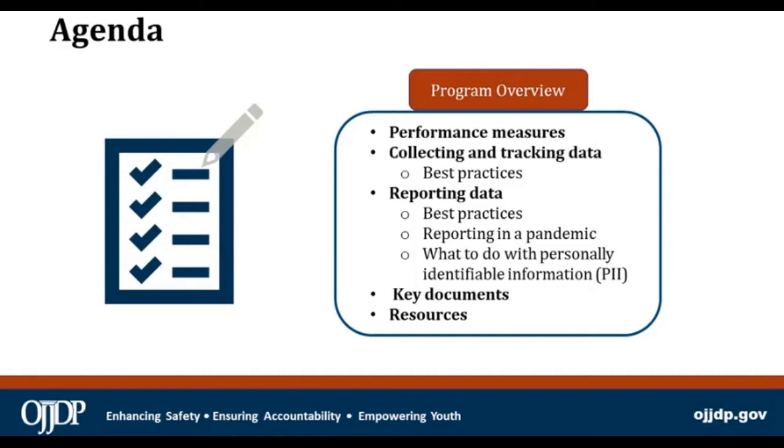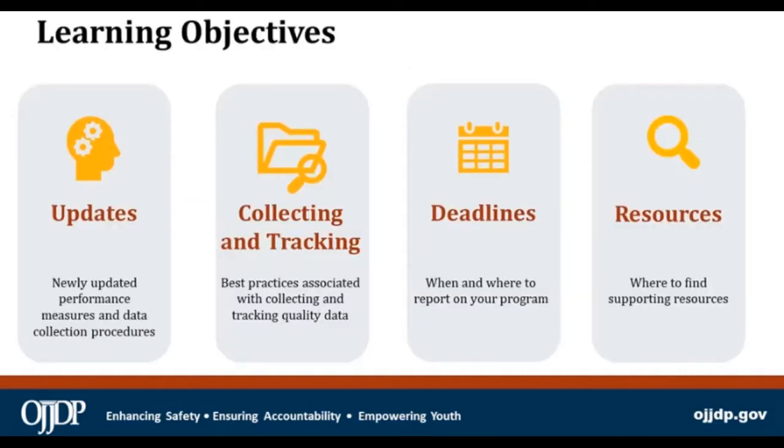The objectives for today include understanding what the performance measure updates are for your program and understanding the need for a data collection plan for the data you collect between July 2021 and December 2021, reporting in January 2022. Further, you will gain understanding of the performance measure reporting due dates. Now, the due dates, as you know, are twice a year, July 30th and January 30th. And lastly, you will understand where to find supporting resources.